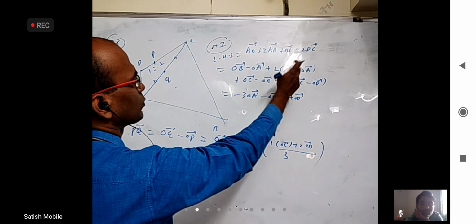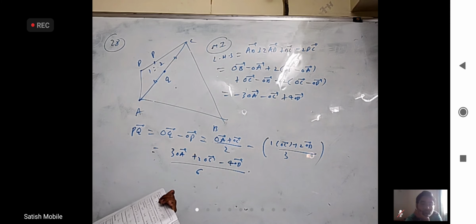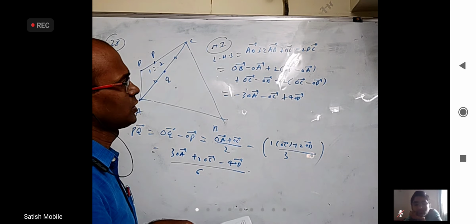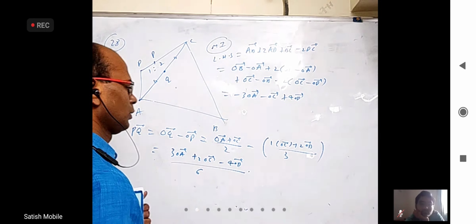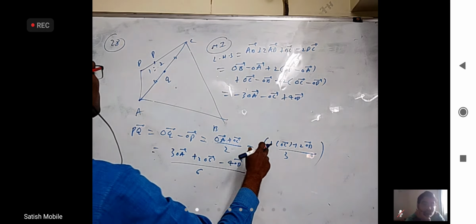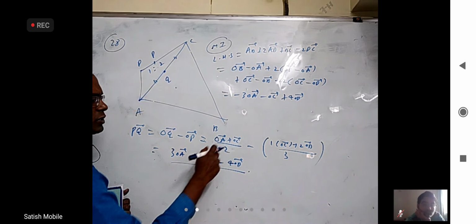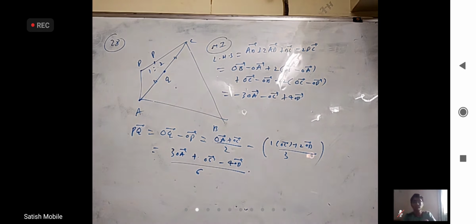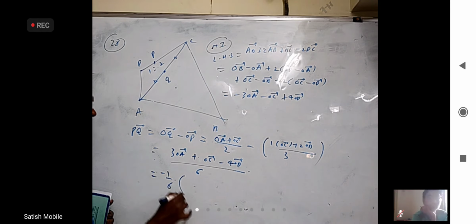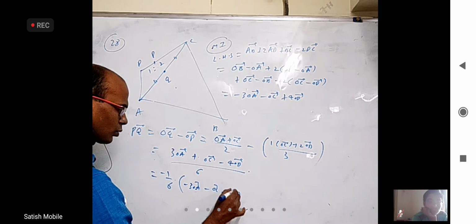OP minus OA, OD minus OA, BC. AB, AD, BC and DC. Okay. Here it is midpoint OA plus OC by 2. This is 2 OD by 3. So I have to multiply 2 here. Oh, this is OC only. Okay, 3 OC minus 2 OC, everything's fine. Now you can see one is a multiple of the other. If I take 1 by 6 common and a minus common, that's what we'll get here. Minus 3 OA bar minus OC bar minus 4 OD bar.